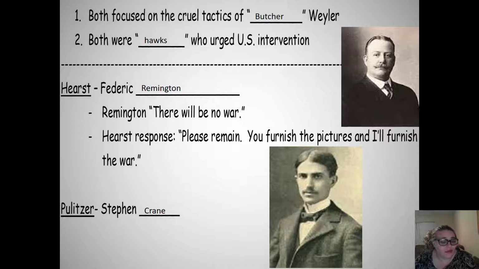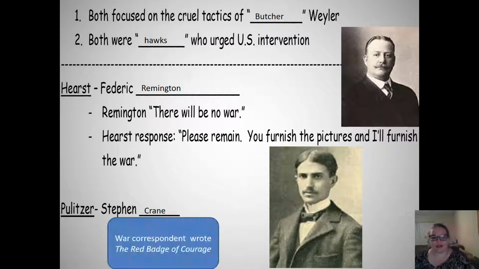Stephen Crane's pretty young when he goes to Cuba, and he is a war correspondent. He will be there through the war, and it is his job to interview soldiers who are coming out of the battles and people who are wounded, and it's his job to be as close to the action as he can so he can report on it. Now, Stephen Crane, when he comes back, he's going to have issues from viewing this war. Remember, this kid's not a soldier, right? He's a writer. So he deals with what a lot of historians today have come to a consensus of being PTSD. And one of the ways he dealt with it was to write about it.